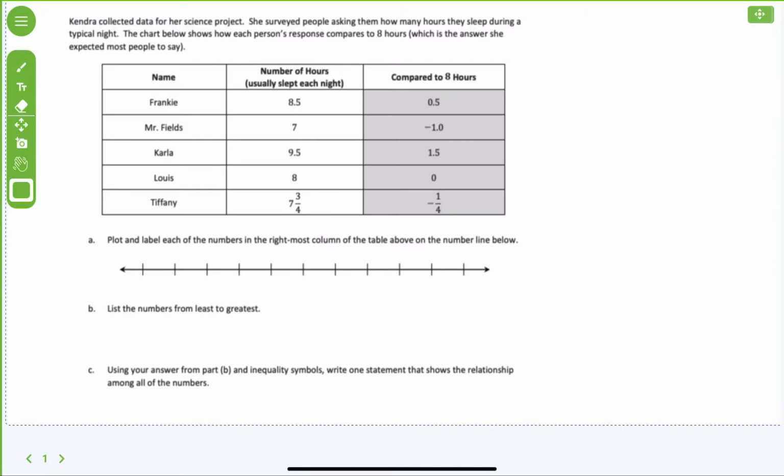Math 6, Module 3, Lesson 10, exit ticket. It says, Kendra collected data for a science project. She surveyed people asking them how many hours they sleep during a typical night. The chart below shows how each person's response compares to 8 hours, which is the answer she expected most people